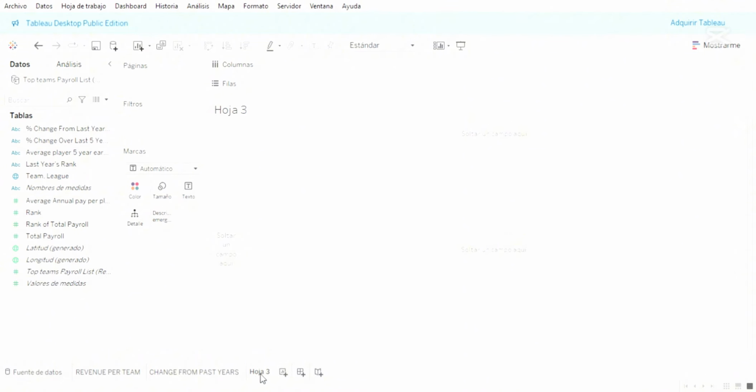Okay, teacher. So let's go to sheet number 3. In this sheet, I wanted to show the average annual salary per player in each of the teams analyzed. So I start by putting the average annual pay per player and the team league, and I decided to color the average annual pay per player to be able to better see this variation. In the same way, I ordered it from highest to lowest to keep in mind the team that pays